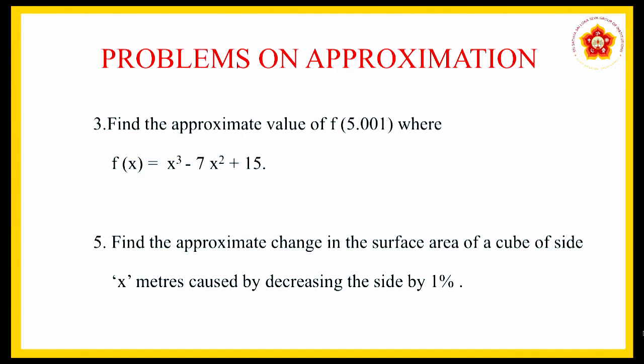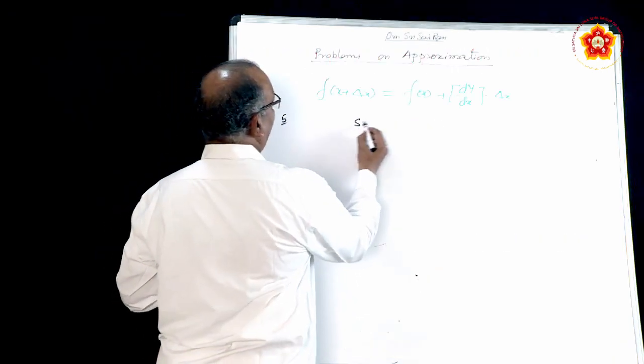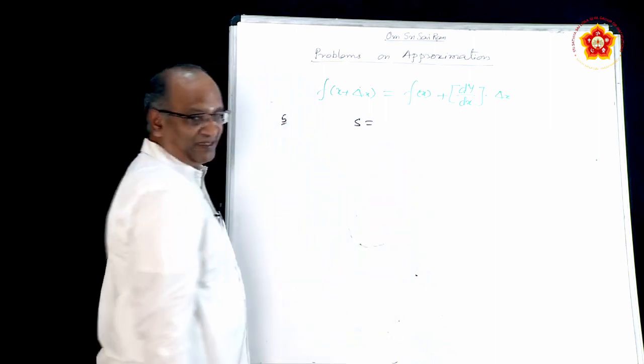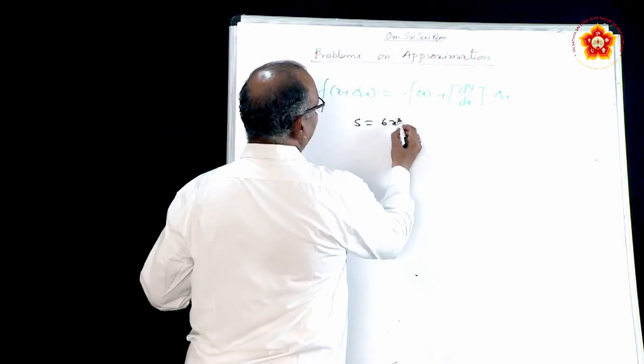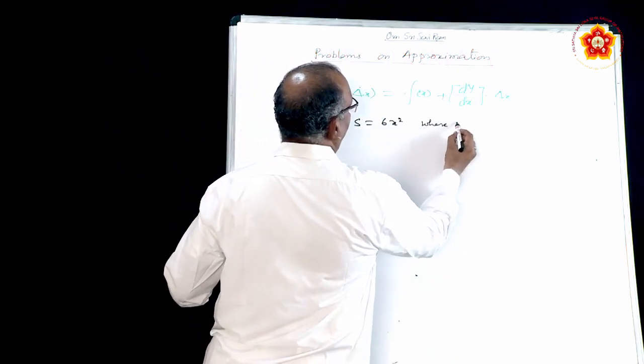Fifth problem. Find the approximate change. Yes, this is an application problem based upon mensuration. He says, find the approximate change in the surface area of a cube. So what is the function? Surface area of a cube. How many surfaces does a cube have? 6 surfaces. Each surface is a square. 6 surfaces, so we can say 6x squared, where x is